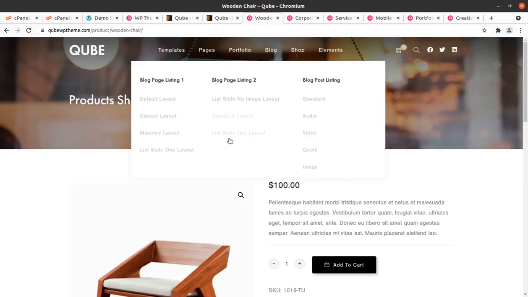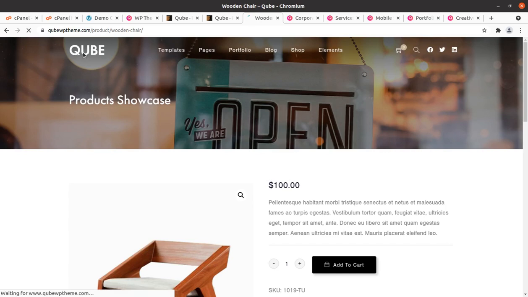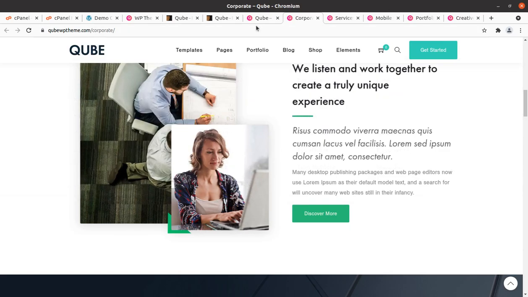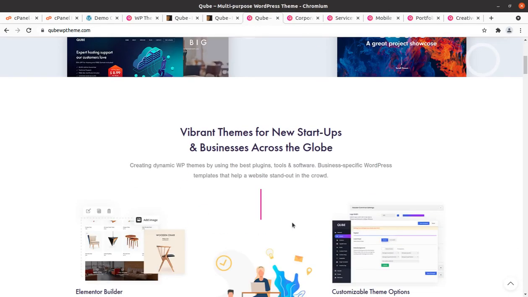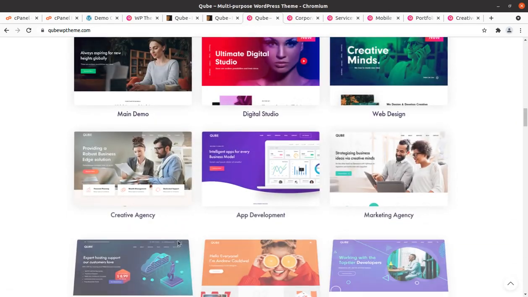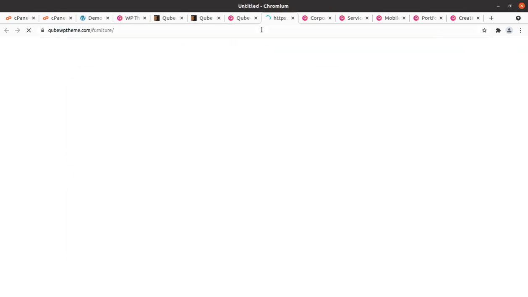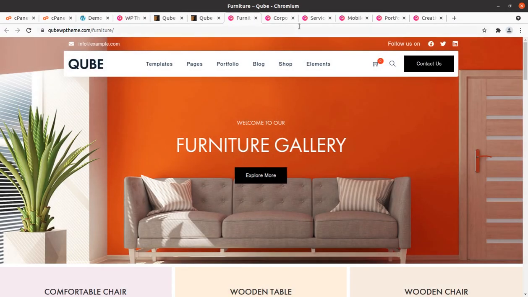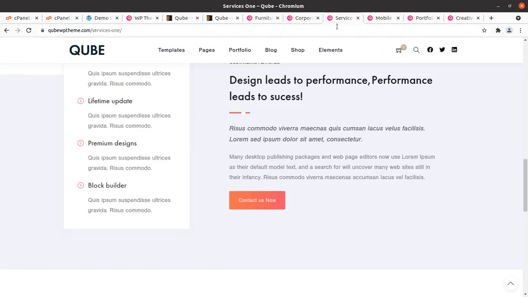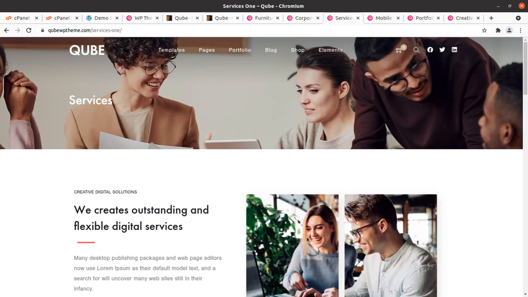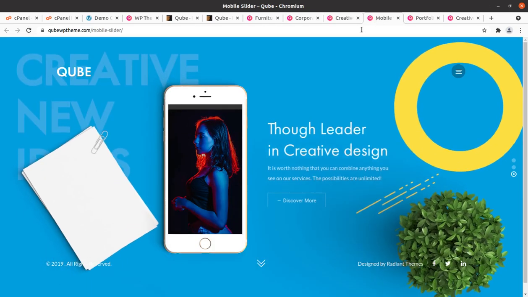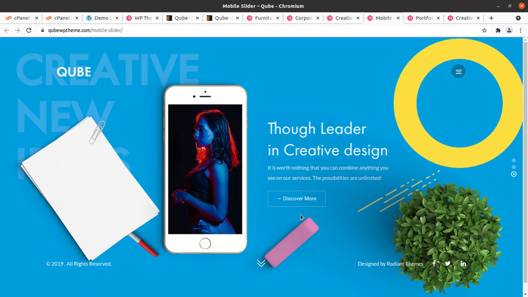And if you need a website like any of these pre-made websites, you need to have the demo content, and you have already seen all the demos. So for furniture, okay, we are targeting any website like this or any of this. So it is very simple to have a demo website. This type of stunning website is really going to be great for your business.